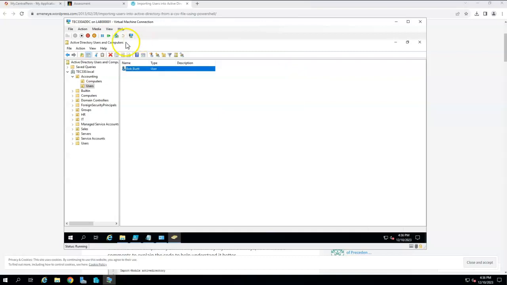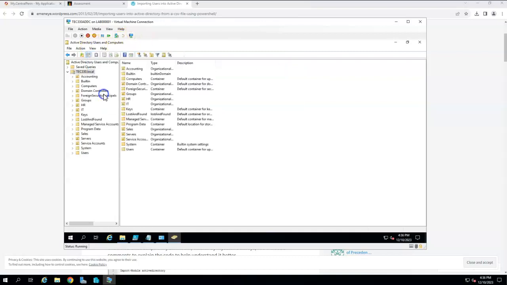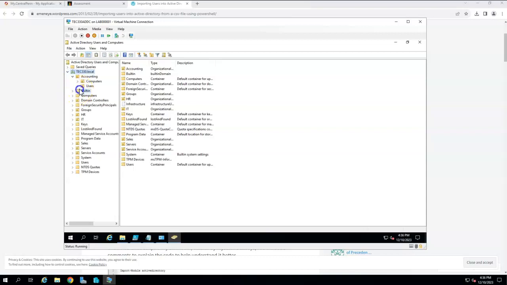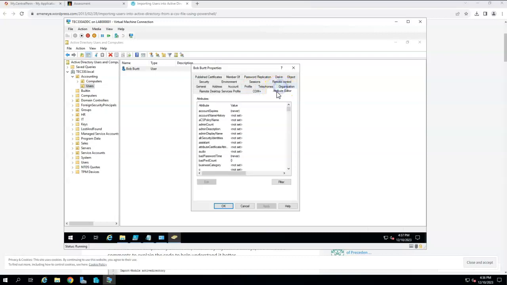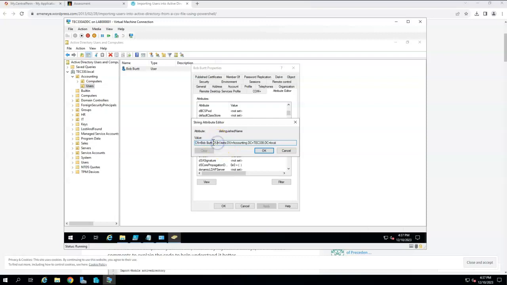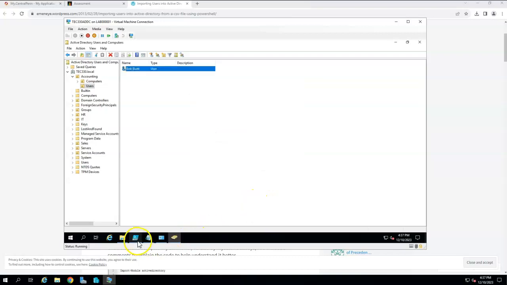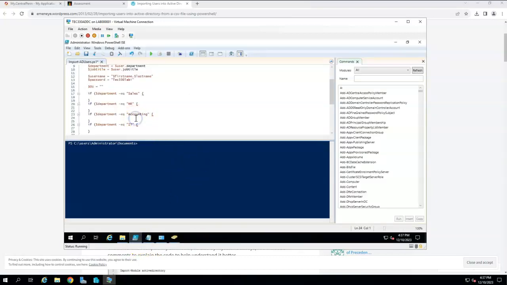Oh, first what you need to do is view advanced features. And then if you go under accounting, users, and open Bob Burt and go to attribute editor, you can go to distinguished name here. And here you can see this is the path that we want to use. So we want to take this part and copy it, and then that's what we can use in our script. So for accounting, it's going to be this. So we can just do and say